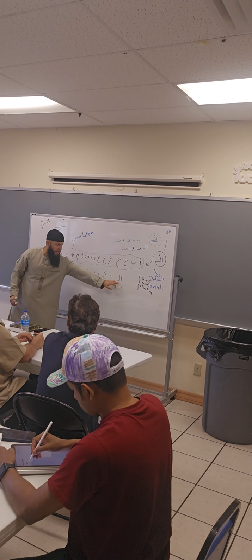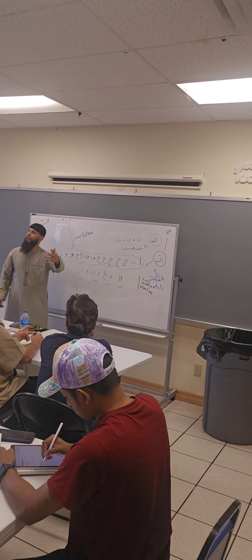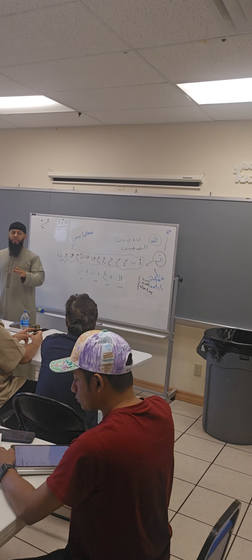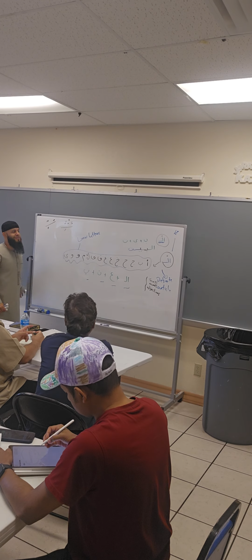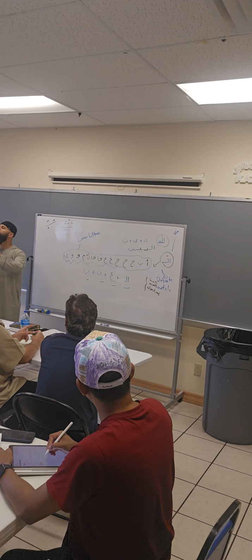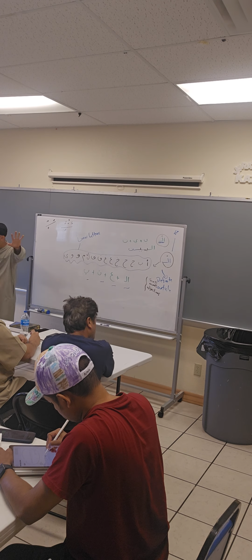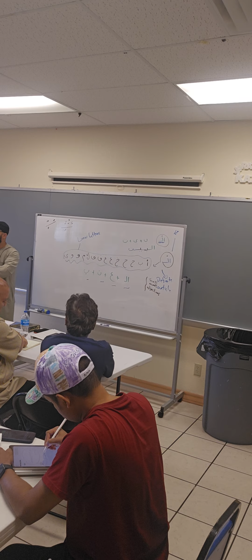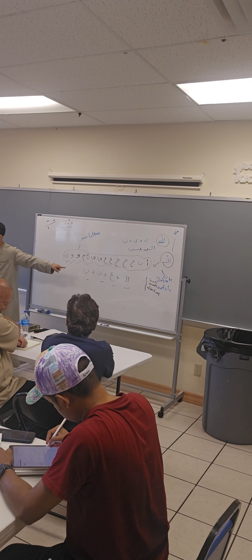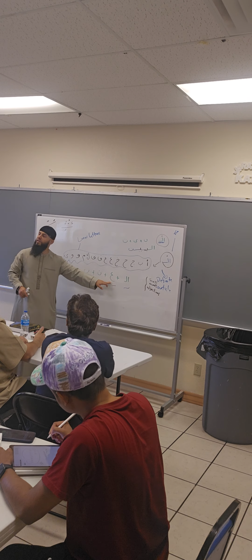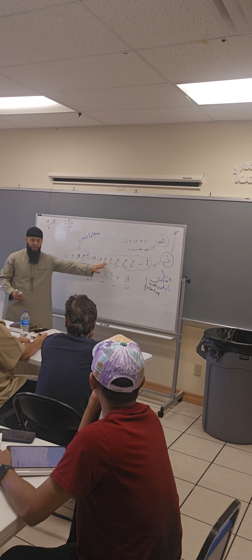What did I use here? I used al. What is the function of al in Arabic? It's a definite article. It's specifying something. I'm talking about this thing, not any other thing. Just this thing in front of me, right? So that's why I put al. And now, what's the letter coming after it? Is it a lunar letter or a solar letter? Lunar. It's lunar.